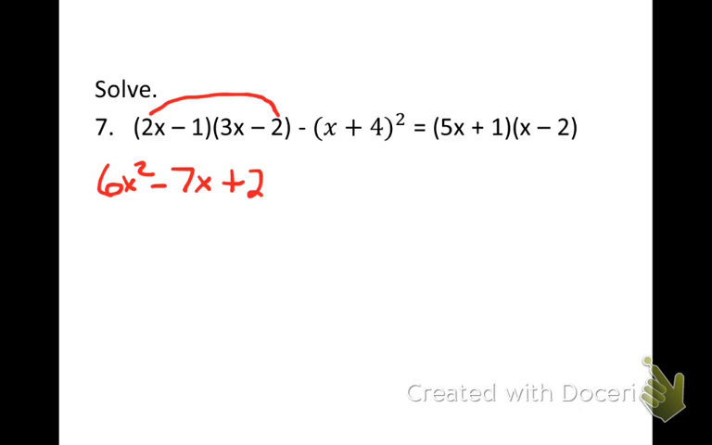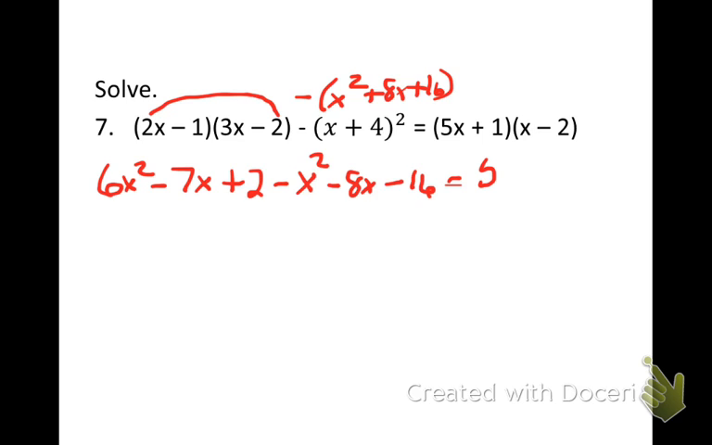Here we need to be a little careful, remember. I'm going to put my minus here. I'm going to use either the FOIL method or the special product. It's going to be x squared, multiply these two together and double it, plus 8x. 4 squared would be plus 16. And now I'm going to distribute that negative sign. So it's really minus x squared minus 8x minus 16 equals, going to do over here using the FOIL method,